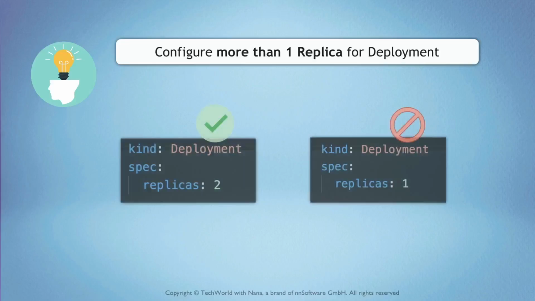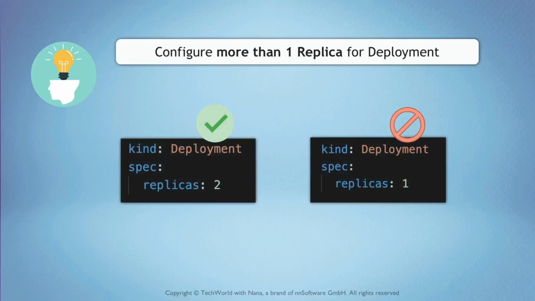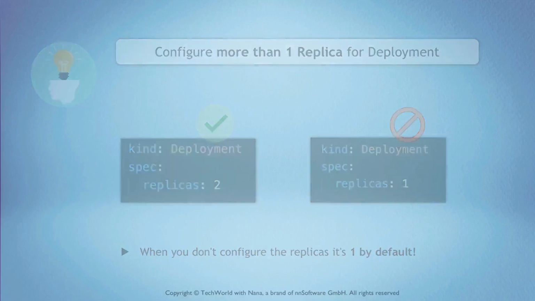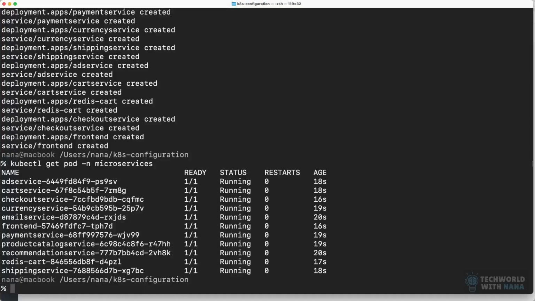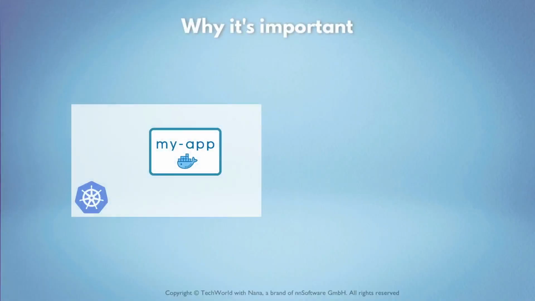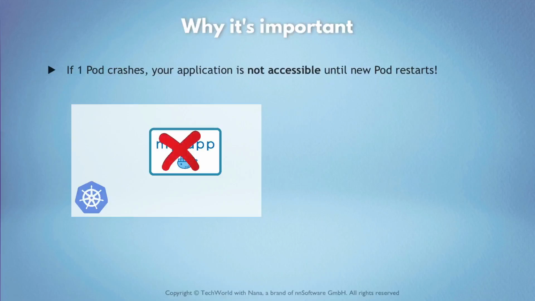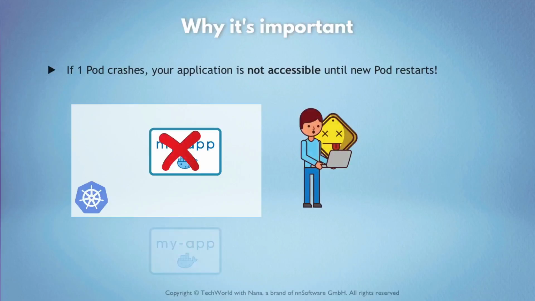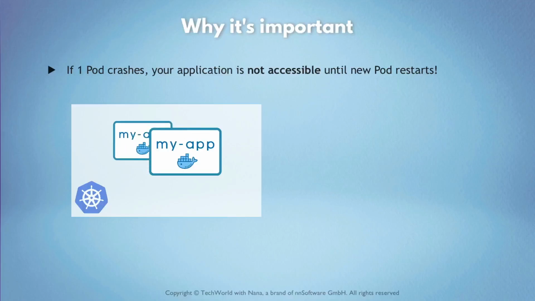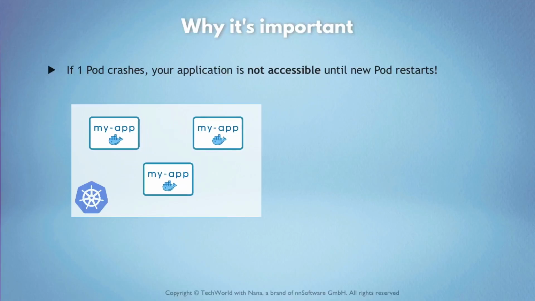And finally, one more thing we need to fix in these configuration files is the number of replicas, which by default, when we do not provide any value for it, is 1. So we have one replica for each pod, and that's what we actually saw here, right? We have per microservice just one replica running. And having one replica per application means that if that pod crashes, you have a service downtime until the new pod gets created. By increasing the replica count to 2 or 3 replicas or even more, you basically make sure